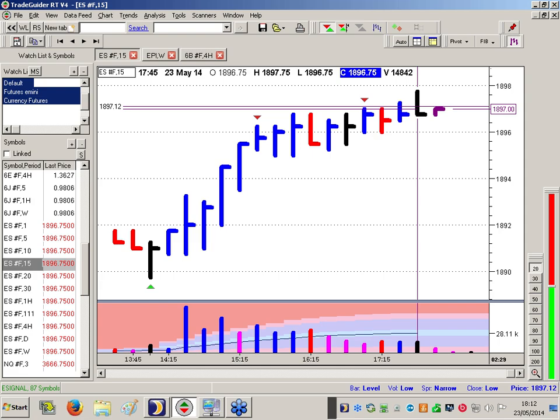But I can't see any horrendous weakness in the background. That's the problem. Most of this is probably no demand. It's probably drift off here. There's nothing here to indicate that there is horrific supply in the background that's going to make this move into a bear market. The bars certainly look weak at the moment, but that's about all.